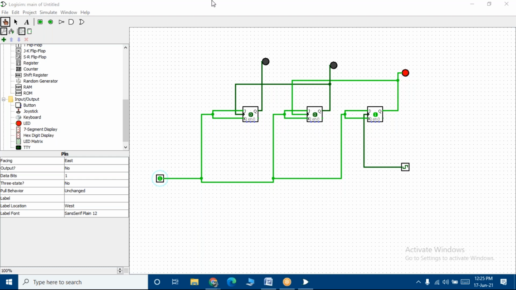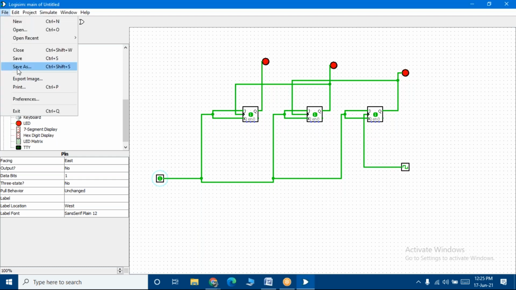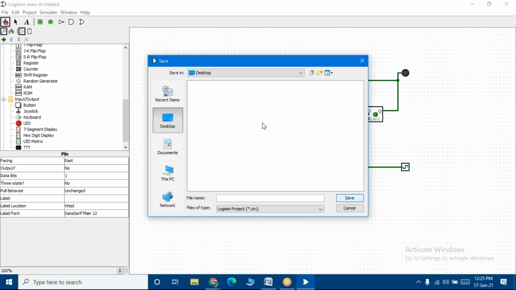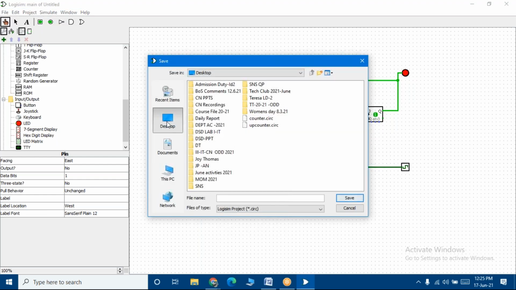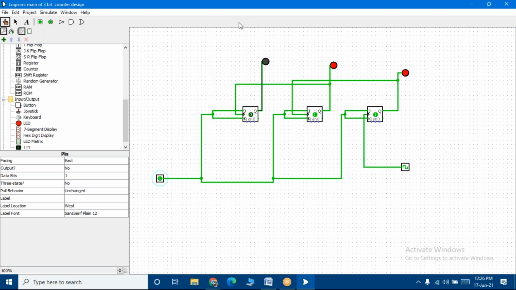Now let me save this, students. I'll save this. I'll send this as a file to you all. In case you have any doubts in the circuit, you can see this and do your connections. Okay, let me save it to the desktop. So counter, 3-bit counter design. I shall send it to Rahul, Bhumesh and all, the WhatsApp numbers I have, Harini. So you can just circulate it to your other friends. I'll save this, students, so that you can get this idea. If in case any connections go wrong, you can see my circuit, connect it, and then get the output.